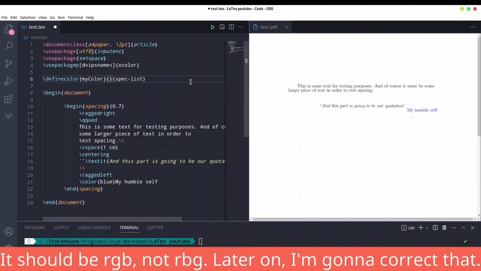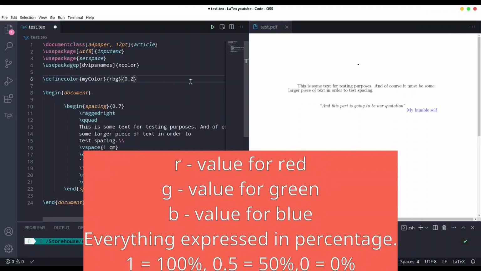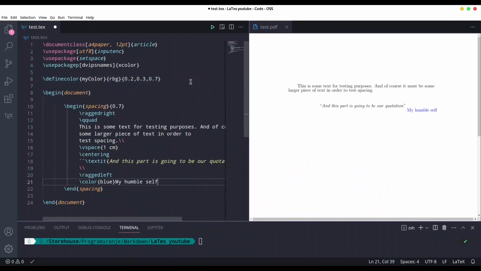Which type of color is that going to be? RGB for red, green and blue. And now we are going to specify values. Values are going to be 3 floating point numbers. So let's say that I would like to have the color 0.2, 0.3, 0.7. Okay, and now instead of using blue, I'm going to use mycolor